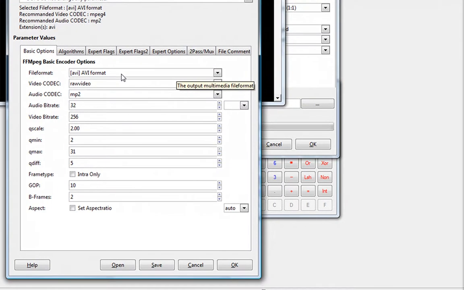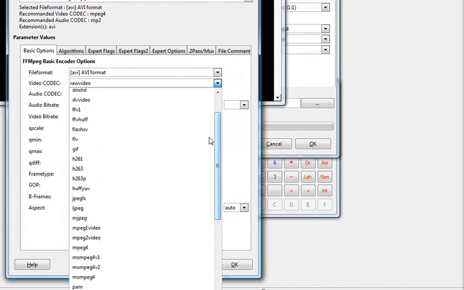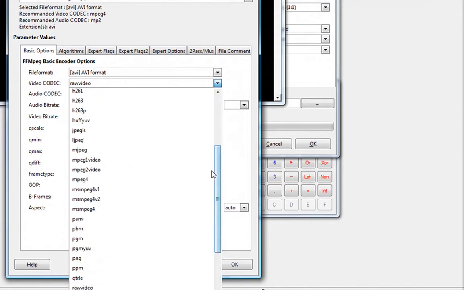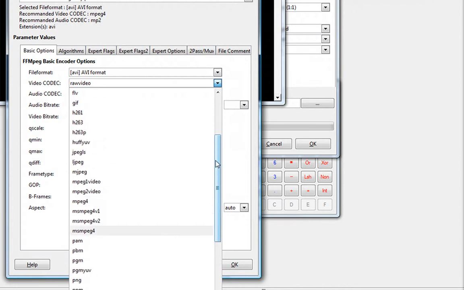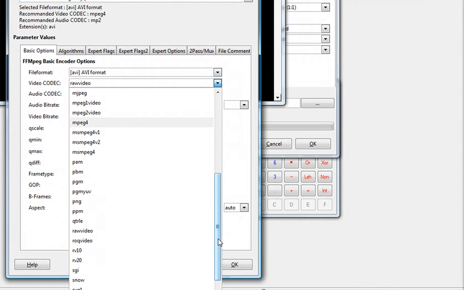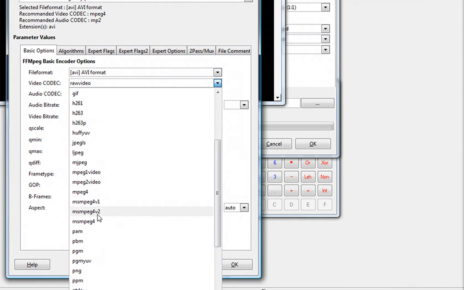Default is AVI, which is compatible with Movie Maker. The format is set to RAW, which is basically lacking encoding. Let's change it to MPEG-4 so that it encodes the video to one of the most popular internet video formats. This will spare some disk space while maintaining decent quality, ignoring redundant or irrelevant information. Unfortunately, in my case, MPEG-4 did not work. You might want to try it out, but it did not work for me. I will use the MSMPEG-4 version 1 or 2, so let's choose this one on this occasion.